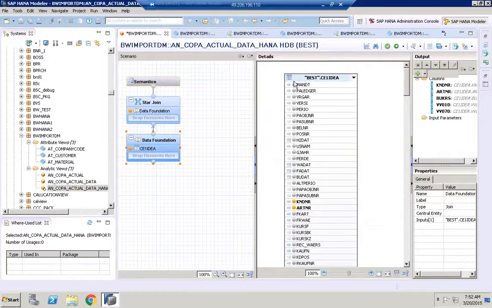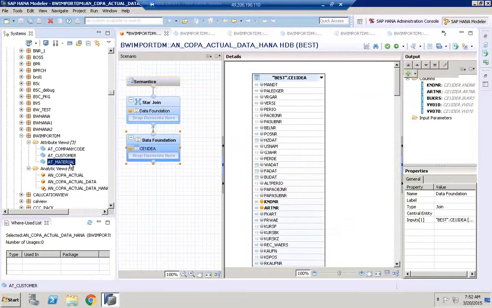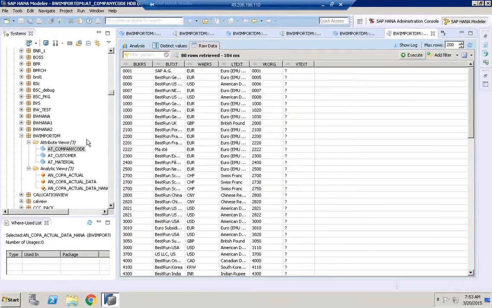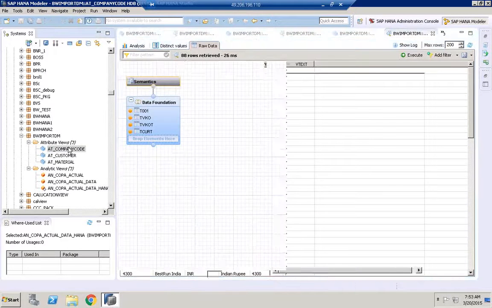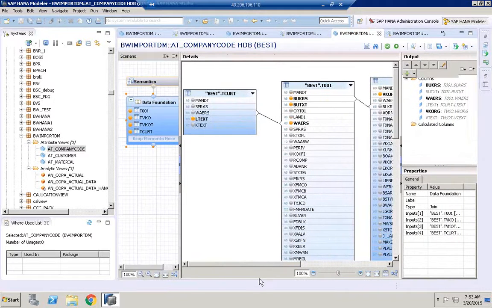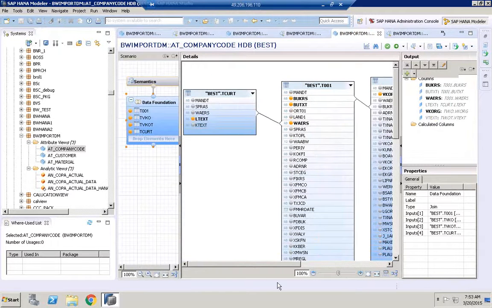Okay, thank you everyone for your patience to bear with me to create. Okay, so now once we created all these three attribute views, customer, material, and company code, just 1 second please. Okay, so once we